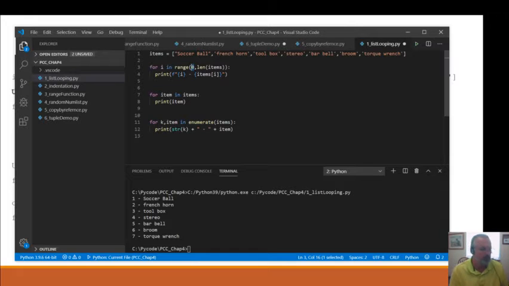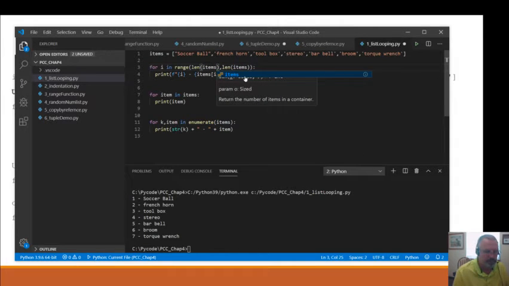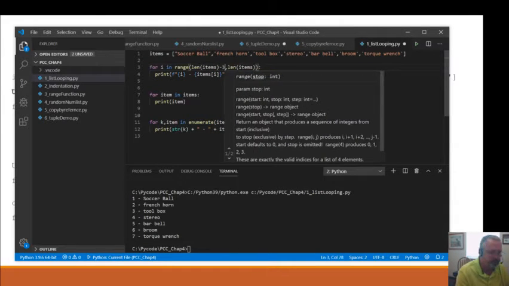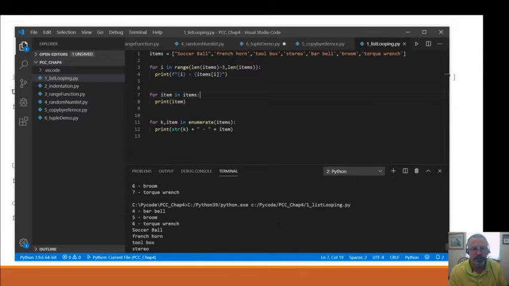So let's go the length minus 3. Now if we run this part here, you can see that we've got only 3 of them, 4, 5, and 6. So we're getting the last 3. Again, if you had 1,000 items, you could get the last 50 or something like that.